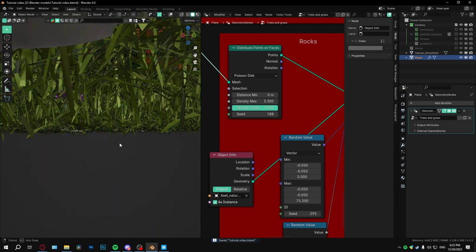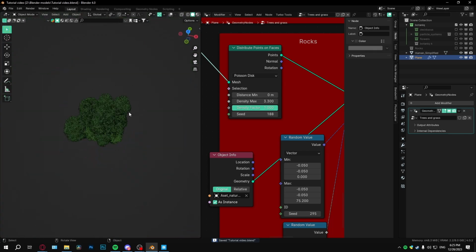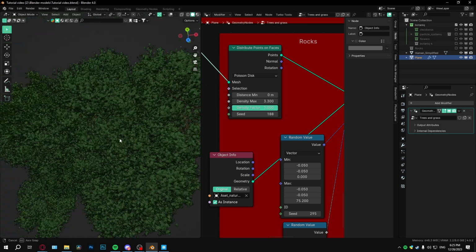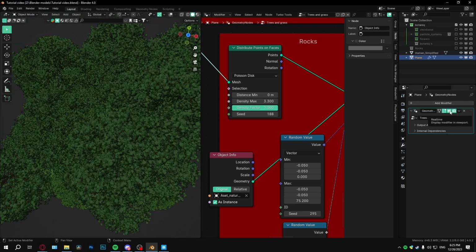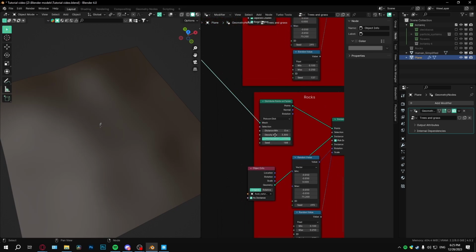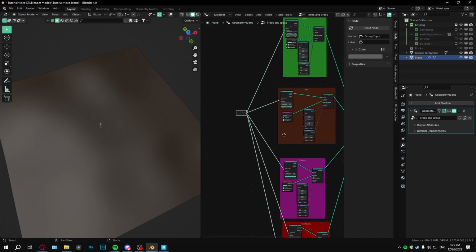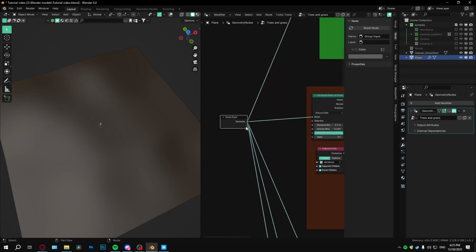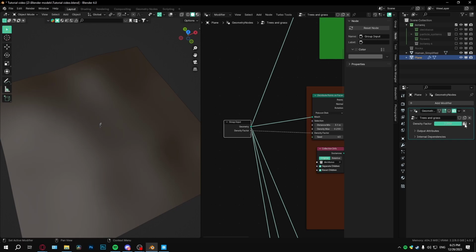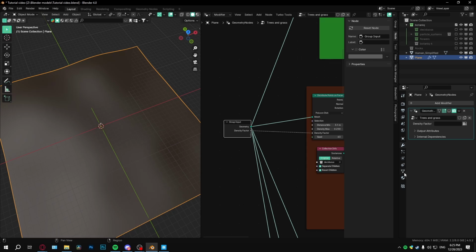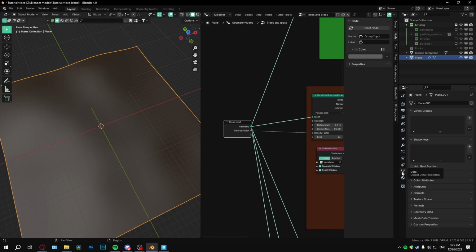Now let's say we want to put the trees in like a specific spot. They're kind of just everywhere right now. What we'll do is hide this for now. And we'll find the tree collection here. We'll grab this, put it into density factor. Now this is just going to let you control the nodes out here, but you want to select this on the plane, go to data, the object properties,